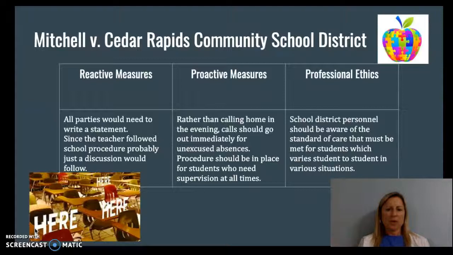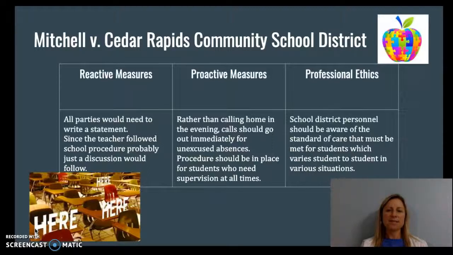I guess one proactive measure would be that when a student is absent, if it's a student that typically needs more supervision, that we would let the parents know sooner. And I also think that maybe if there's a way that these automated calls could go out when the student is absent, since it is automated, that would be maybe a better scenario than parents finding out several hours later, especially in a safety issue.